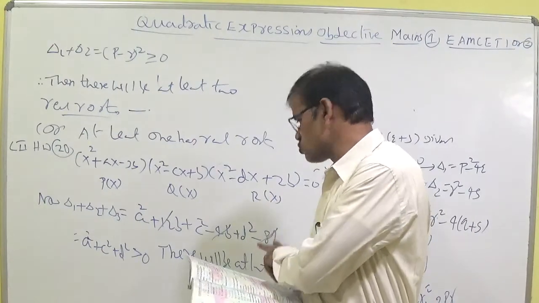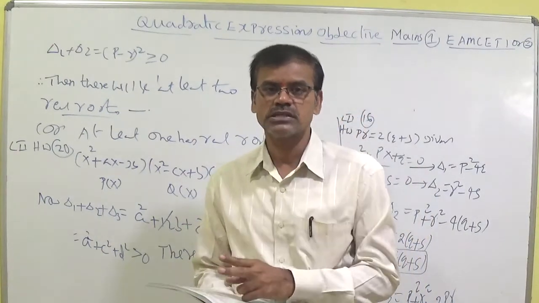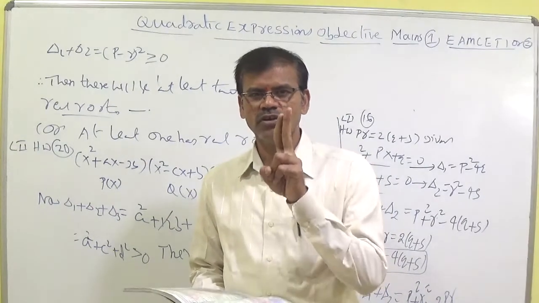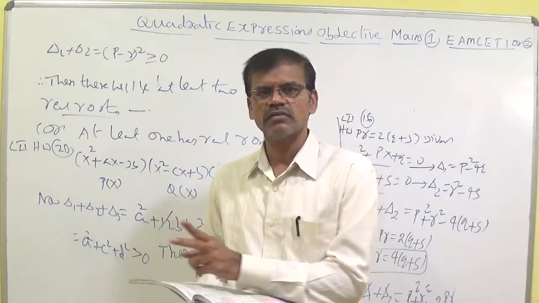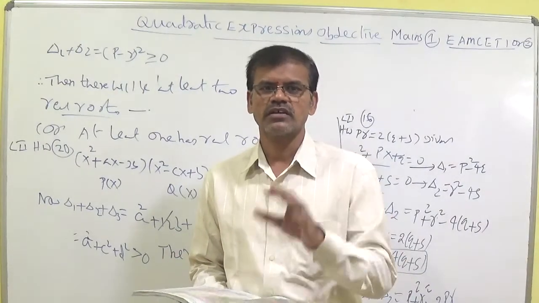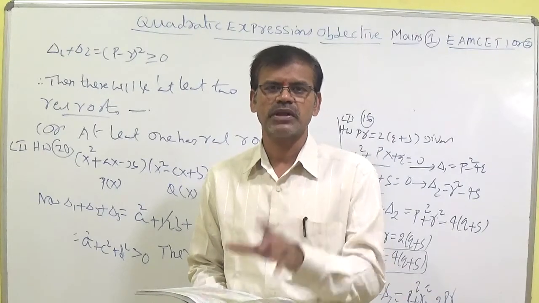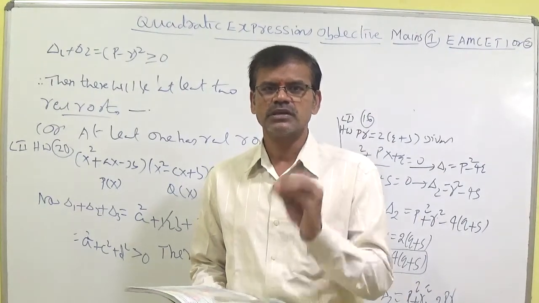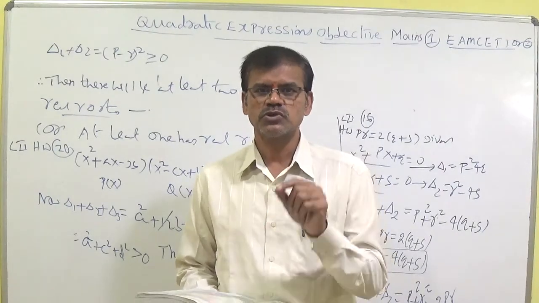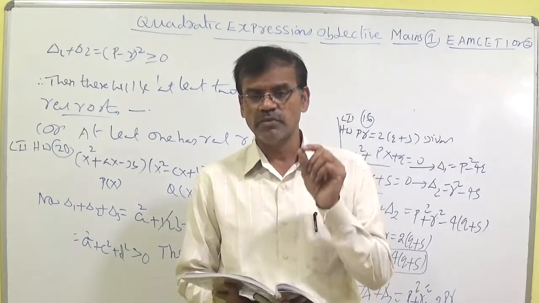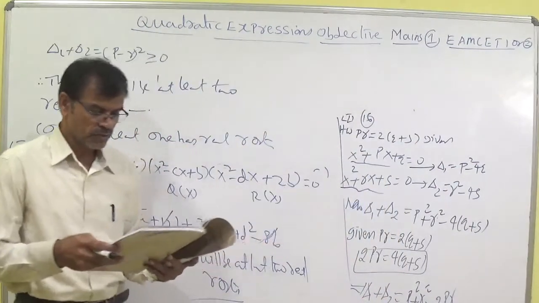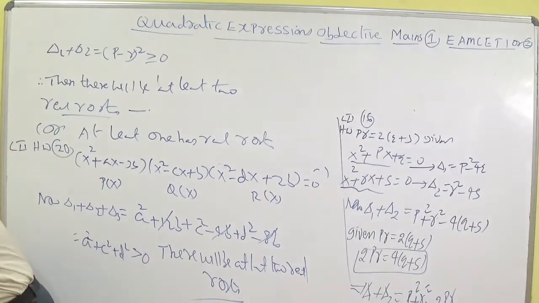There is a chance of at least 2 real roots, because delta 1 indicates a quadratic equation, and a quadratic equation means having only 2 roots. Delta 2 is for another quadratic equation, delta 3 for another quadratic equation. So try to understand that delta 1 or delta 2 or delta 3 separately depends upon the nature of the roots of a simple quadratic equation. So there will be at least 2 real roots, not 4 or all real roots. Now, this concept is completed.